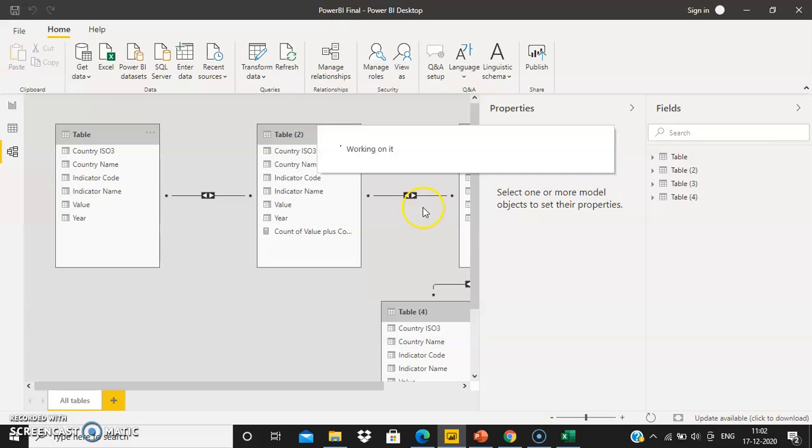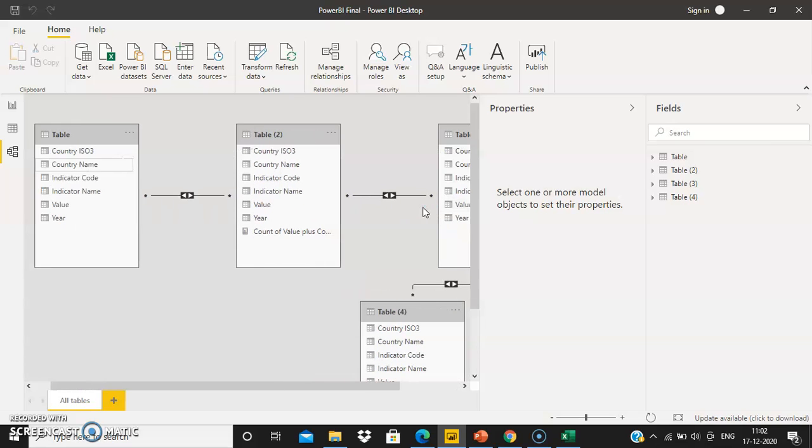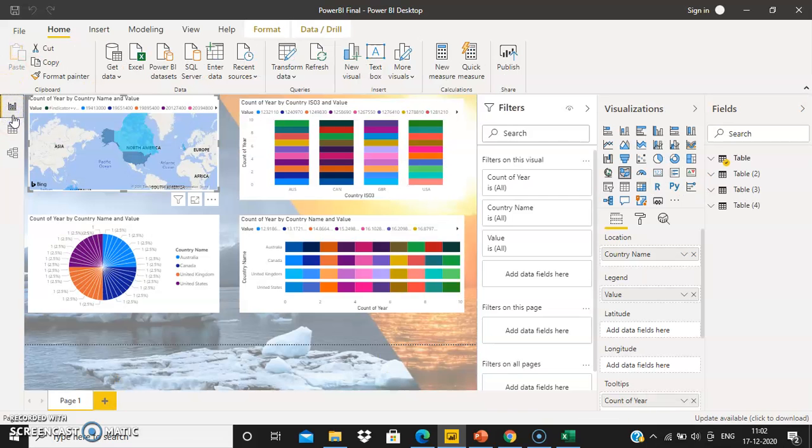So that's how I created the relationship between all 4 of them. And now all the tables are interlinked. Now let's go to the dashboard. So here is the dashboard that I have created, and from the first look you will see that all